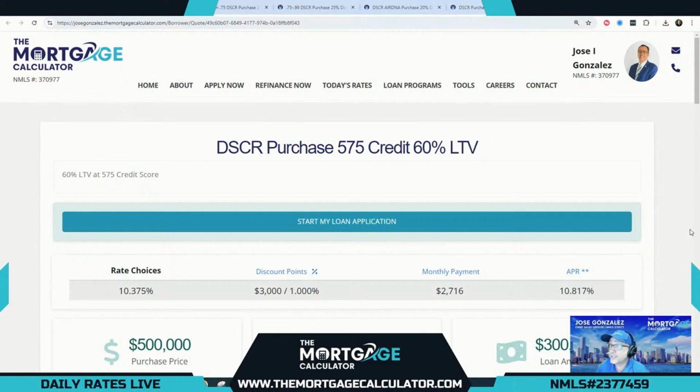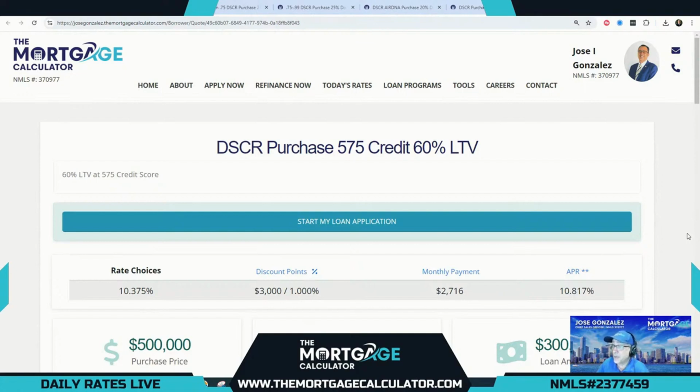And our last option here is for our low credit score borrowers. This is the minimum credit score possible for a DSCR loan, 575. Now this was available up to 65% LTV, but they just recently reduced it to 60% LTV, but still